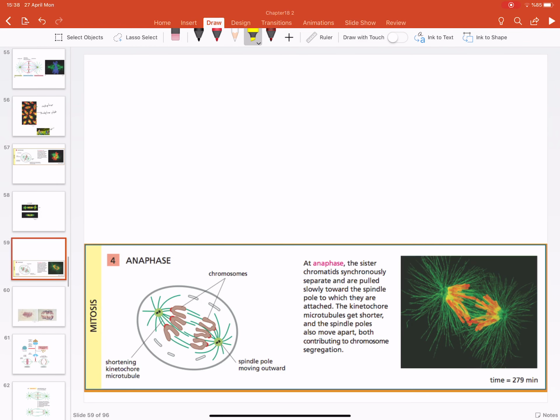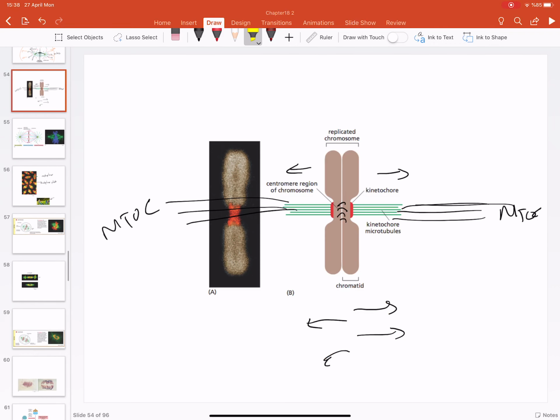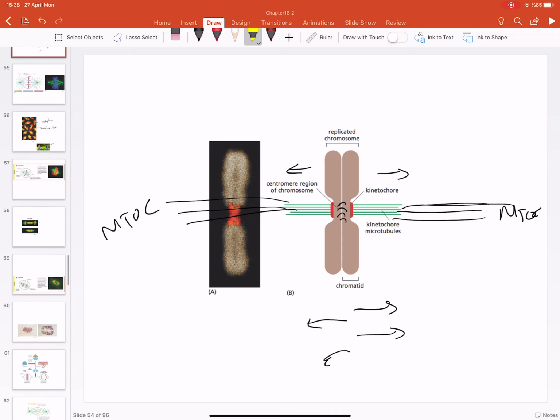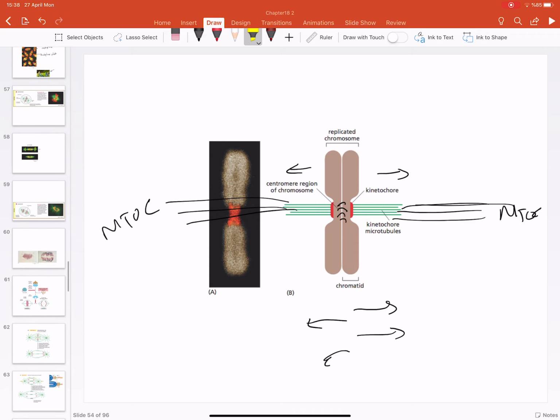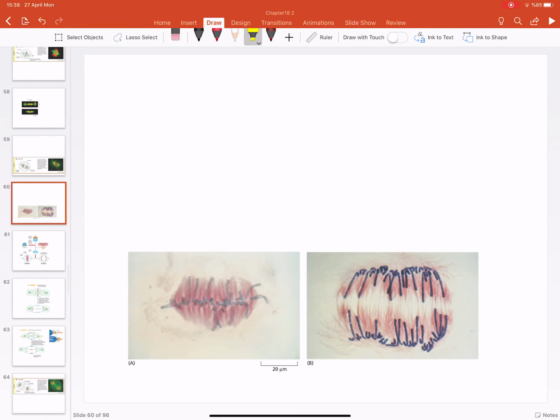Okay, and then next in the anaphase, the last cohesions are broken, and then the chromosomes start to move to opposite directions, which is what happens in the anaphase. Okay, let's continue with the